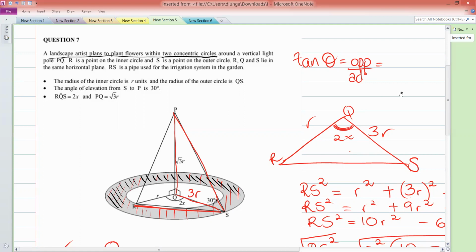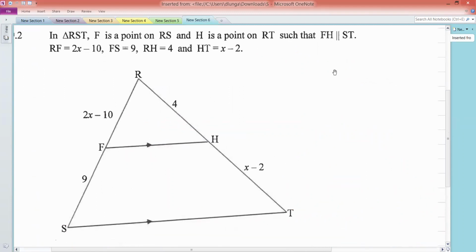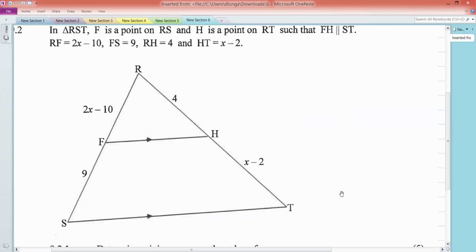Thank you. All right. So onto this question. This was requested by Jack. Whew, okay, we're almost done, guys. Now, in triangle RST, F is a point on RS and H is a point on RT, such that FH is parallel to ST. RF is 2x minus 10, FS is 9, RH is 4, HT is x minus 2. Okay, so just by looking at the question,